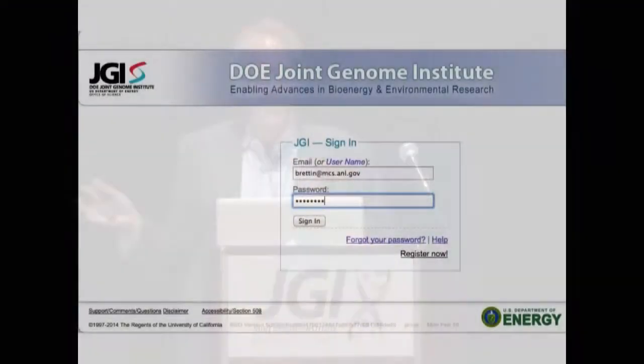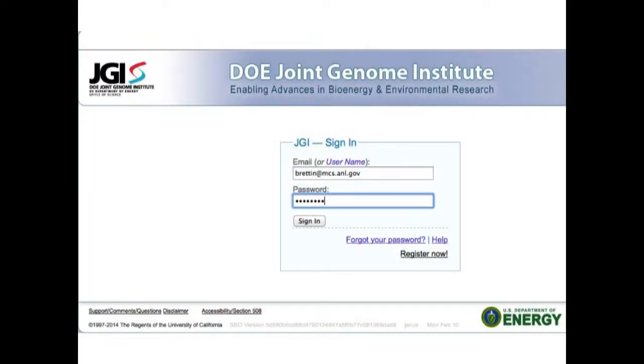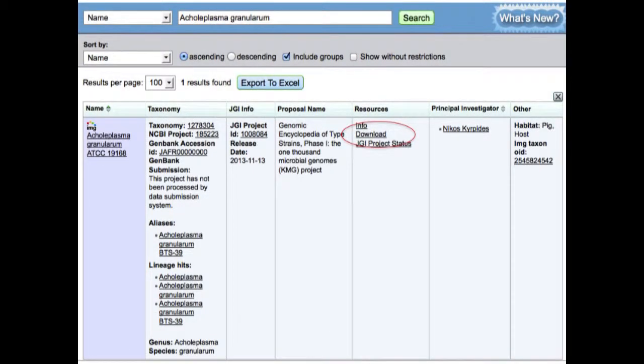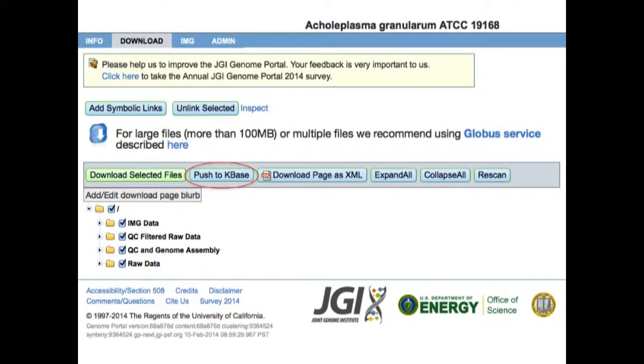And I think very excitingly, we've been doing this stuff with JGI. For example, when you are a user and your sequencing has passed through their pipelines, you can log in to their website. You can go to the download in their resources to download your data. And now you have a button that says push to KBase. This will automatically take your data, bring it to KBase in your own user account,